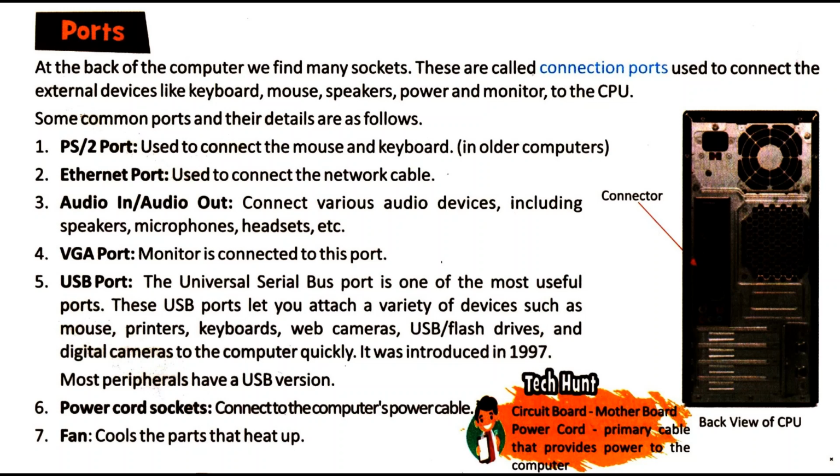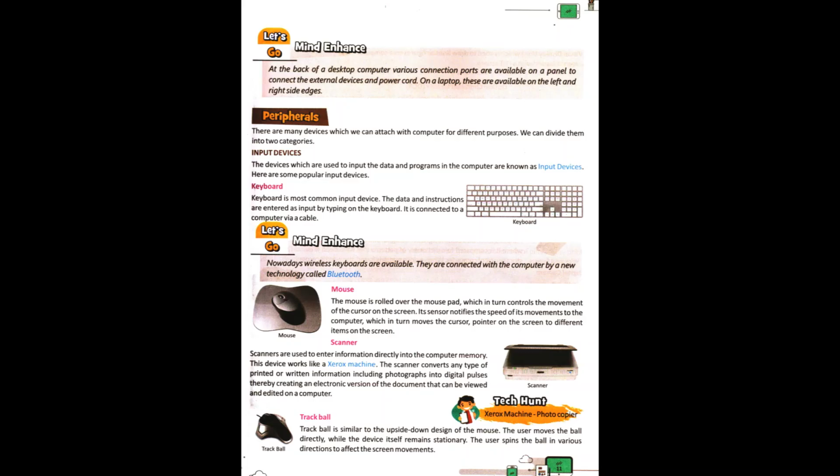VGA port is used to connect monitor. USB port. In USB port, we can connect a variety of devices such as mouse, printer, keyboards, web cameras, USB flash drive, digital cameras. USB port was introduced in 1997. Power cord socket is used to connect the computer to the power cable. Fan is used to cool the parts of the computer that are heated due to a longer period of